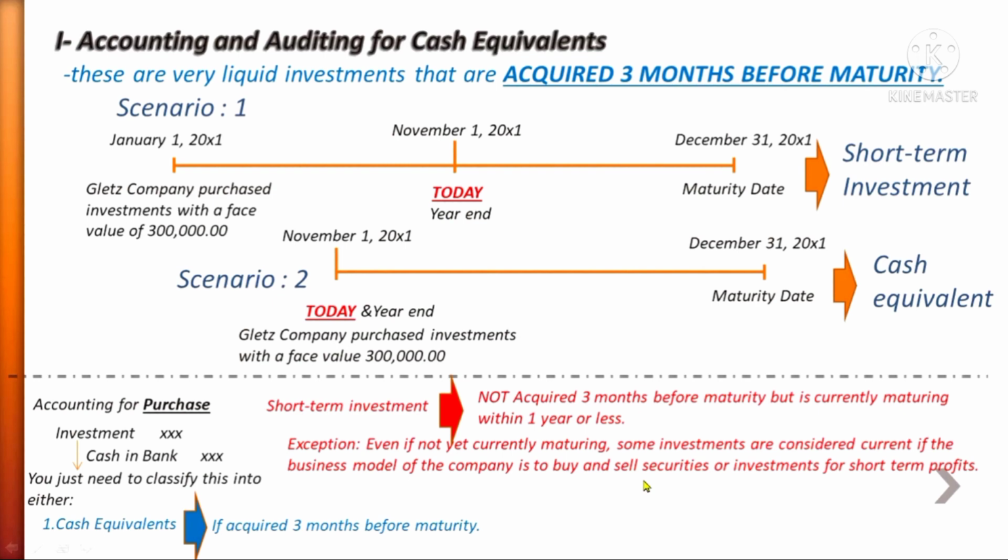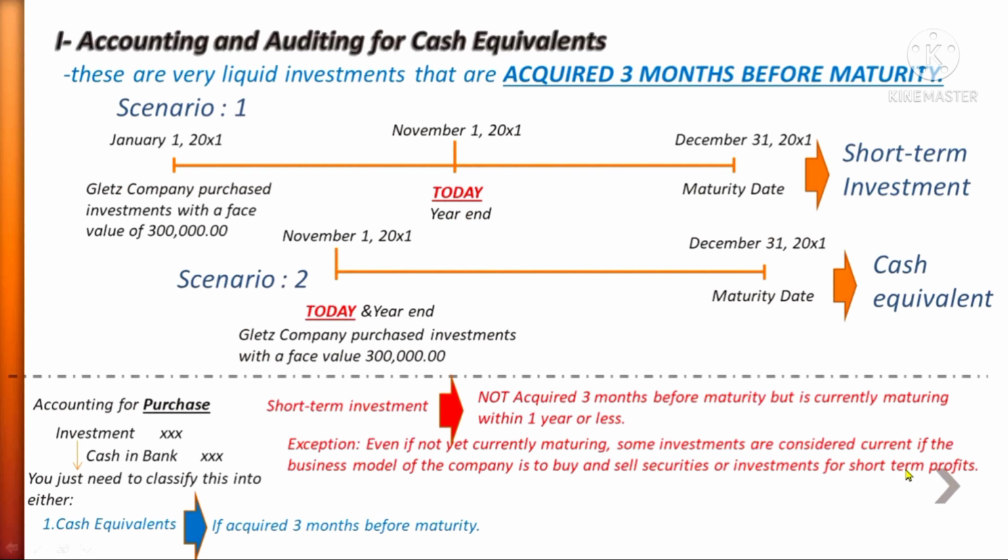So again, your business model is to sell or transfer these long-term investments immediately to others if the market value rises to earn short-term profits without waiting for the maturity dates of those bonds and shares. So, for example, your company bought 1,000 shares of XYZ Corporation for 1 million. But it's in the policy of your company that if the market value increases by 10%, like in this example,